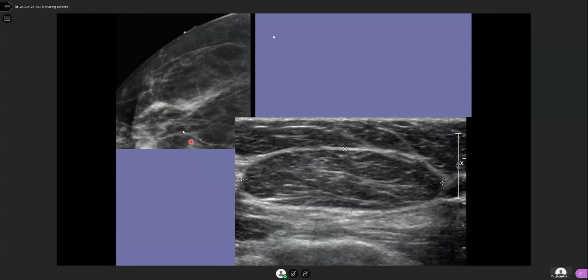Okay, this is a mammogram and this is an ultrasound image. You can clearly visualize there is a radiolucent mass with a thin capsule. Whenever there is a radiolucent mass, it means it is a fat containing structure. And on ultrasound, you can see the echogenicity is the same as the breast tissue. So it is indicative that this is a lipoma, because the breast also contains fatty tissue. You can see the very well defined mass with a thin capsule. So this is a lipoma.